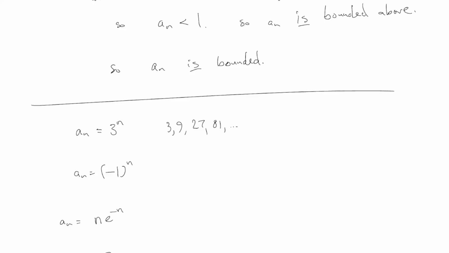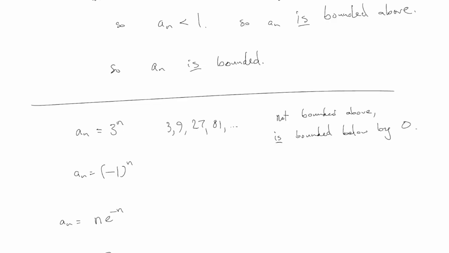I can tell those numbers will continue to increase forever. So there is no upper limit to those numbers because they increase forever. So this is not bounded above because the values increase forever, but it is bounded below, for example, by 0, right? All of these are greater than 0 because 3 to the n is always positive no matter what n is. So these are bounded below by 0. In fact, they're all bigger than 2 even, but you don't have to say that. You just have to give me some number that they are all bigger than.